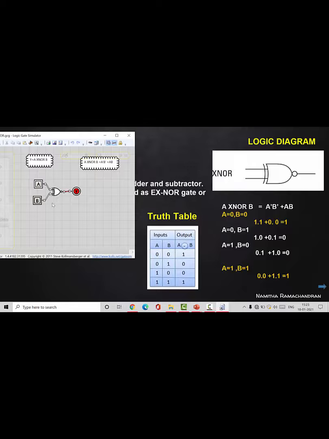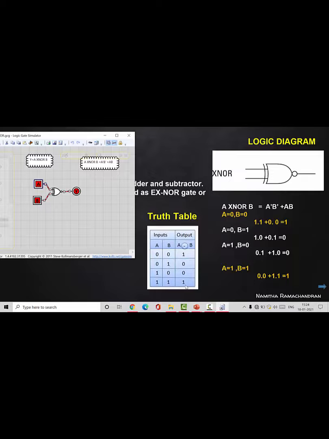If both the inputs are equal to 0, then it generates an output equal to 1. And if any one of the inputs is equal to 1, then it generates no output. Similarly, A equal to 0, B equal to 1, then also it generates no output. If both the inputs are equal to 1, then it generates an output again. So this is the truth table of our XNOR gate. It means if both the inputs are equal, then only it generates an output. If both are equal to 0, then the output is 1. If both are equal to 1, then it generates